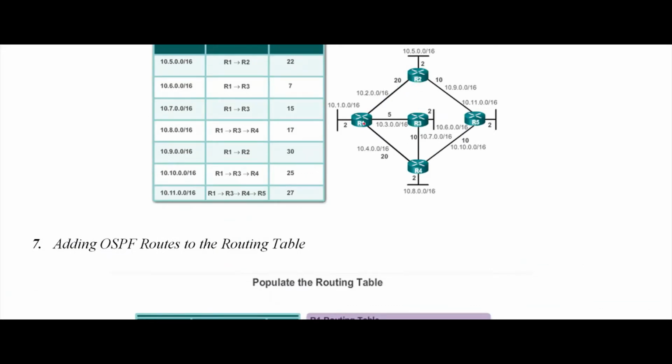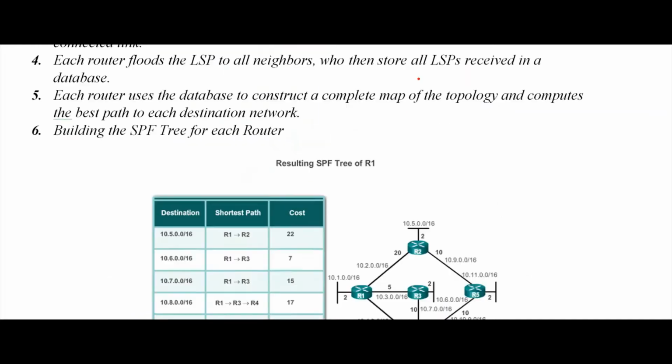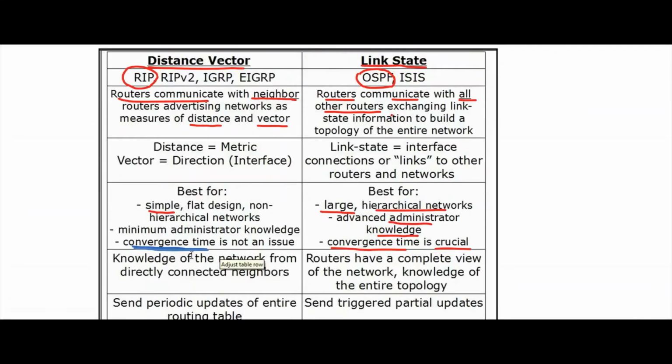R2 will communicate with R1, R2 will communicate with R4, R1 will communicate with R5, R1 will communicate with R3. So with all the routers, a single router is going to communicate. So this is going to be a link state routing protocol. Okay, this is the point. Now, we are going for the next point.